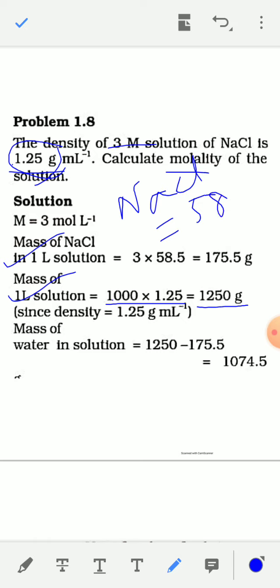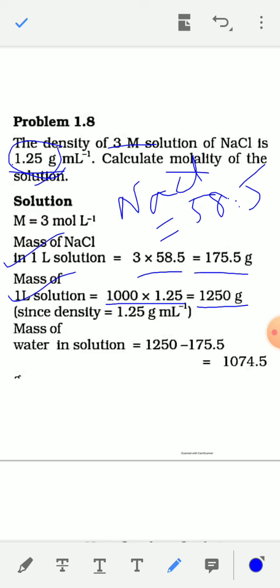So in 3 molar NaCl, the mass of NaCl in 1 liter solution is equal to 3 into the molecular weight of NaCl, that is 175.5 gram. So 175.5 gram NaCl is present in 1 liter of 3 molar NaCl solution, and the mass of 1 liter solution is